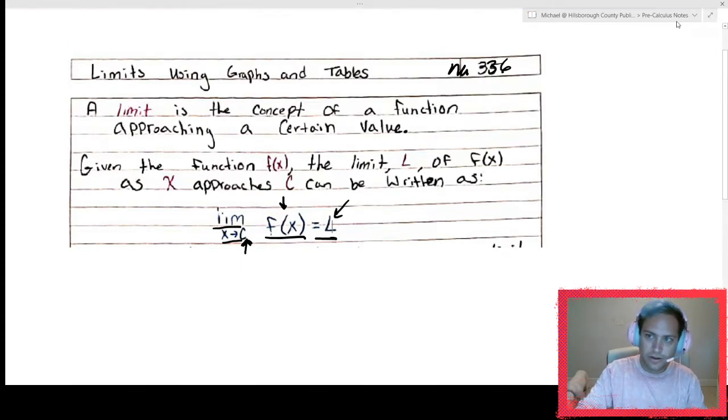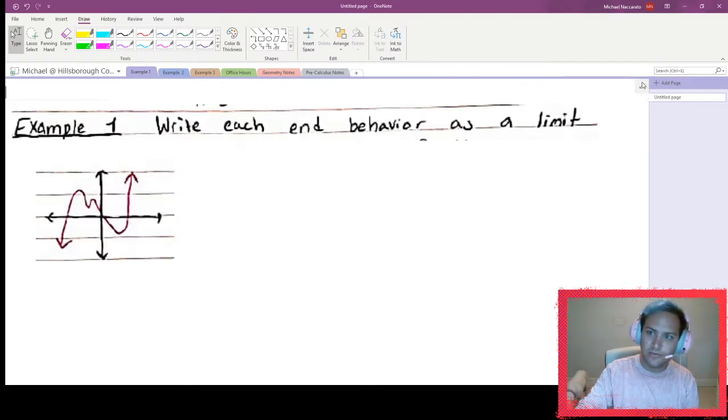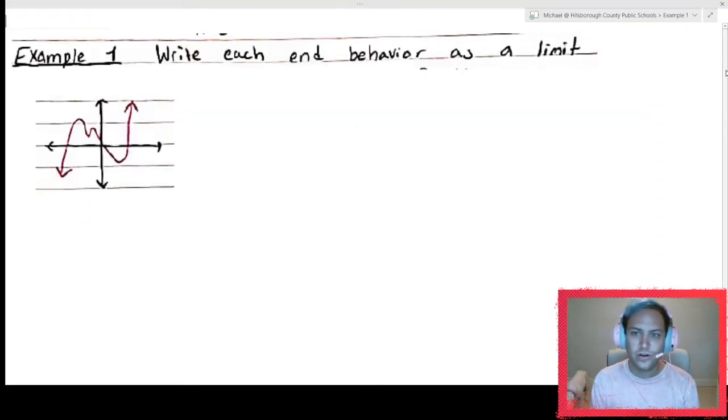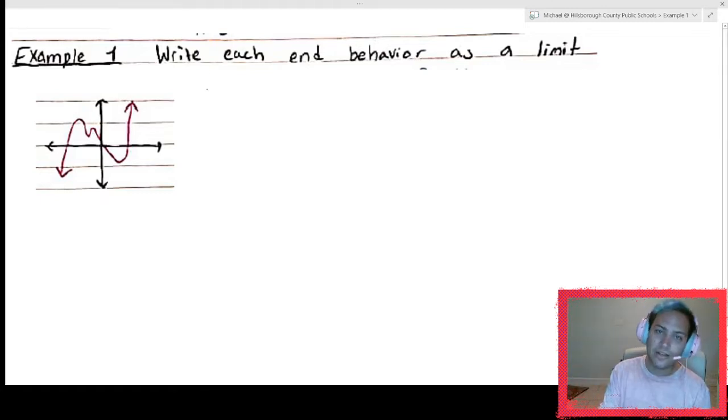I have my first example, tying back into something that we did before: the end behavior of a function. If we were just talking about this in simple, easy form, I might say it's going to fall on the left and rise on the right. Correct? We did that for a little while when we did our polynomials. But if you were writing it out in a very proper math way, back then we would say,